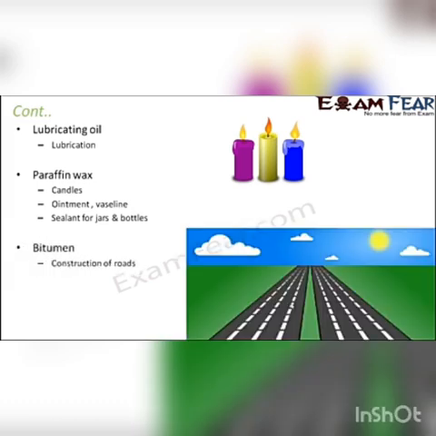And last but not the least, bitumen. It is extremely useful in construction of roads. Have you ever seen how roads are being constructed, or how roads are smoothed on the top? If you have ever come across it, you will see that bitumen is that substance which acts as a glue. So when it is mixed with aggregate particles, it creates a concrete. So it acts as the glue.